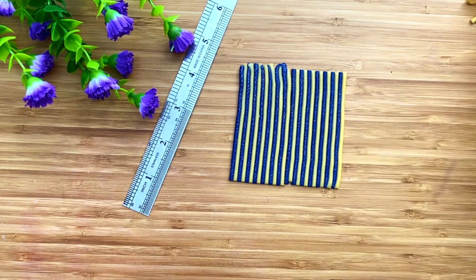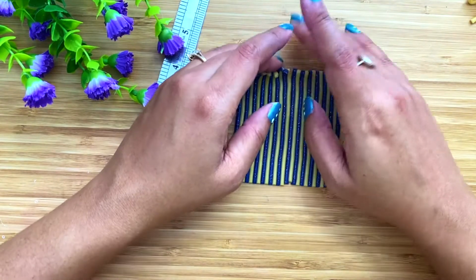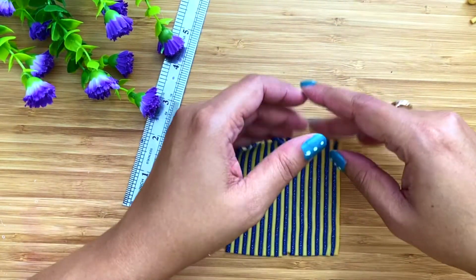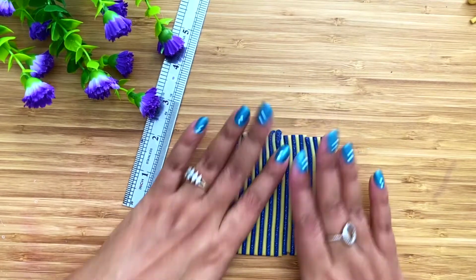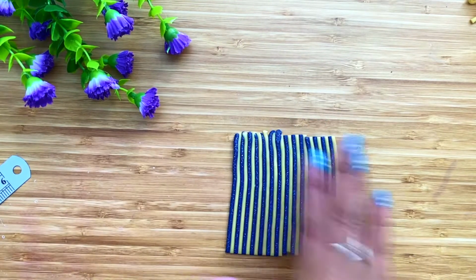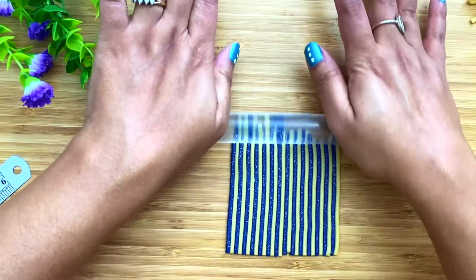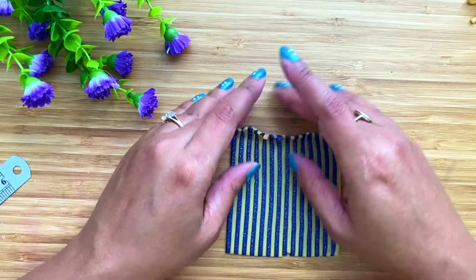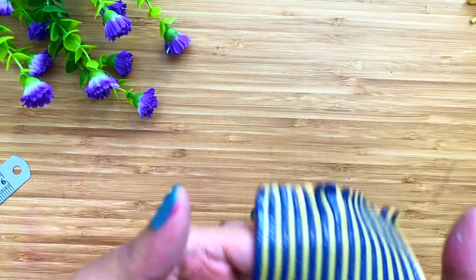Let's keep these aside. Now what we want to do with this piece is take a rolling pin and just roll it to give it the look that we want. Make sure that they are sticking together. If not, then give it a little bit of push. Okay, so that's it. And now I would be rolling them in the direction of the stripes. I'm rolling them in a long way, and then I would try to lift it up once or a couple of times